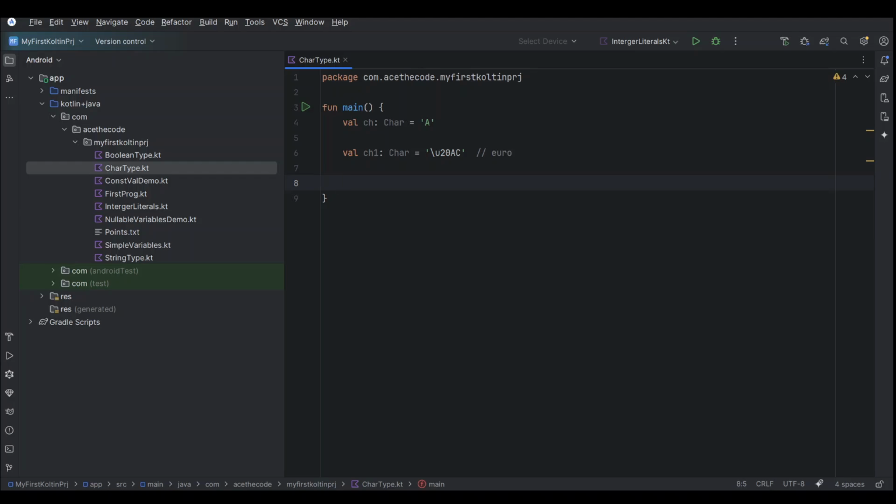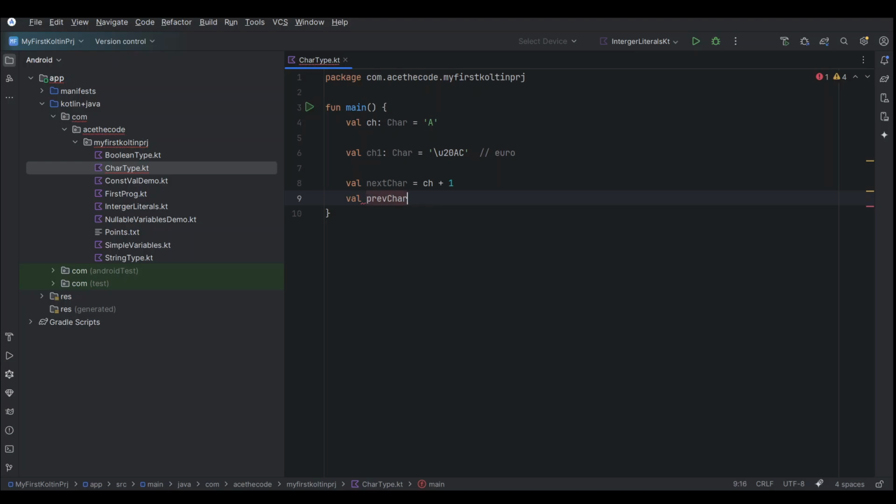Next character: ch plus 1 will give you the next character. Previous character equal to ch minus 1. So addition and subtraction are possible on character data type. Instead of a, let me make it b. So I will simply print ch equal to $ch,